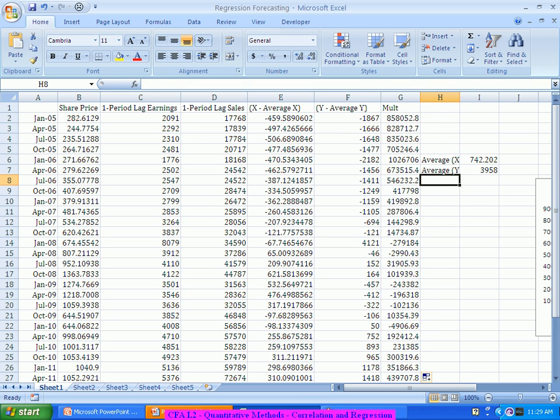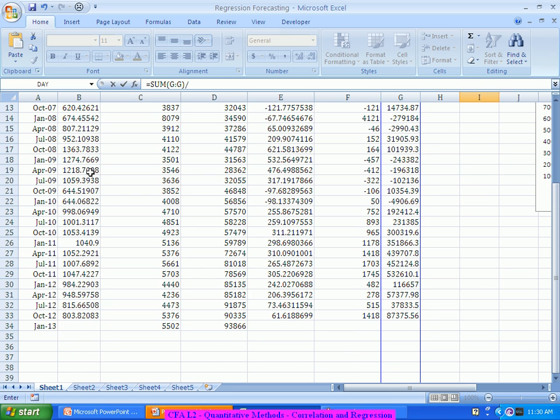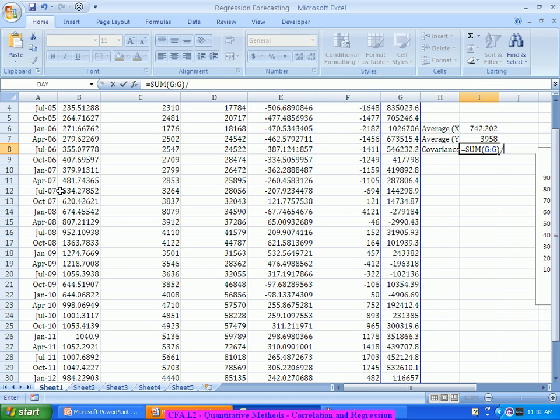So that's where I am looking at covariance in this case as nothing but the summation of x minus average of x into y minus average of y divided by n minus 1. Here n in our case is 33 observations, or probably I am starting from the second row, so there are 32 observations. So minus 1 is making it 31, which is arriving at the covariance being